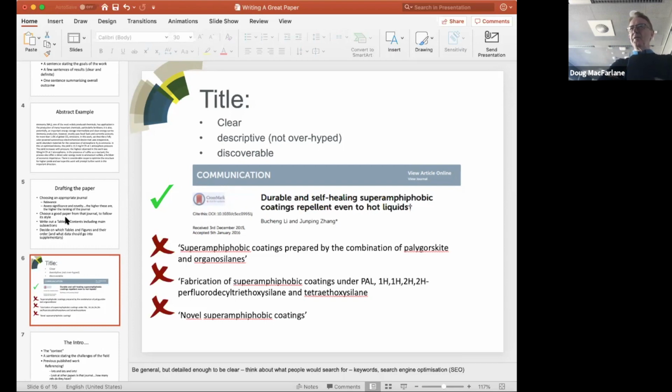A thing we often forget is it needs to be discoverable. Your work, your publication, is of no great value unless people can find it. And therefore, if you can use words that are clearly the sort of words that people are going to search for,